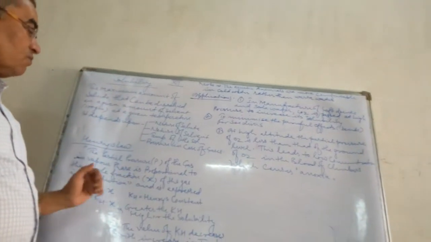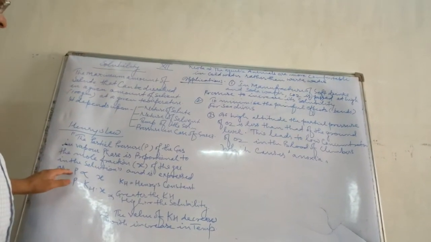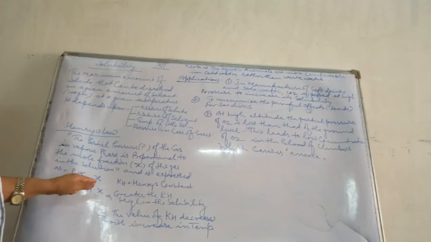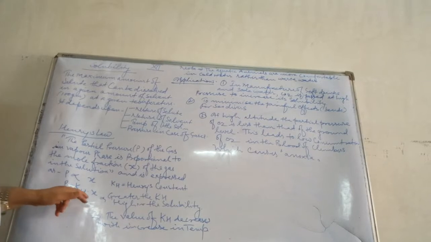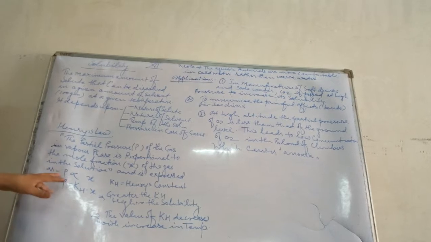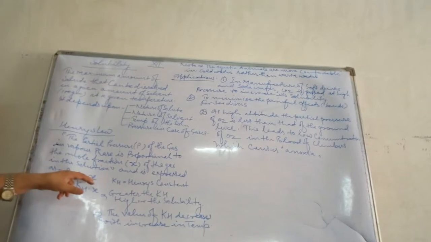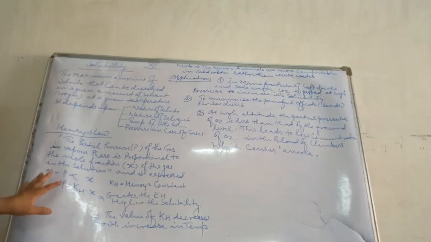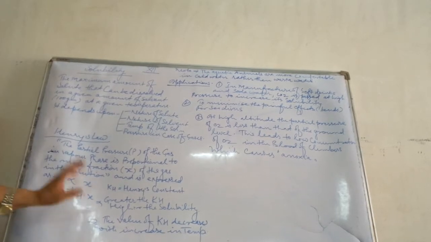So this is the definition, and Henry's law can be expressed as P, where P stands for partial pressure, directly proportional to the mole fraction X, or we can write P = KH X, where capital K, capital H, is Henry's constant. So the final formula: at the very first we start with P directly proportional to X, where P is the partial pressure and X is the mole fraction, whereas P = KH X, where P is again the partial pressure, KH is Henry's constant, and X is the mole fraction.